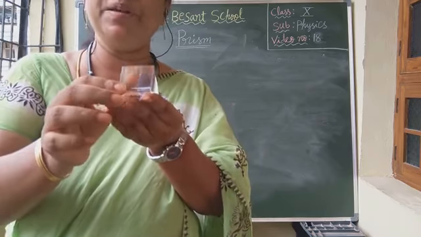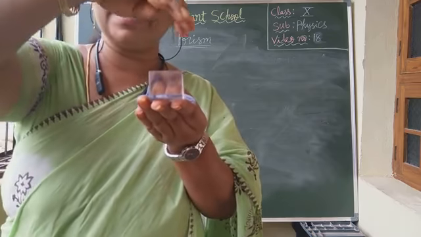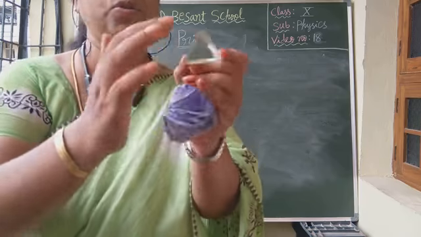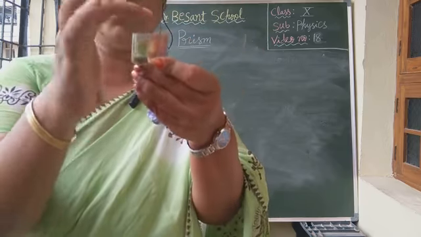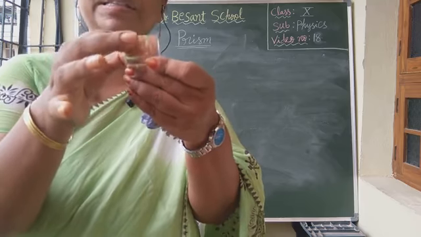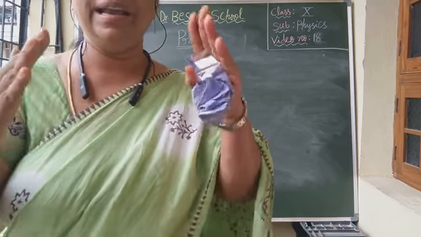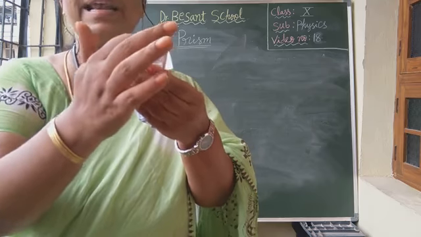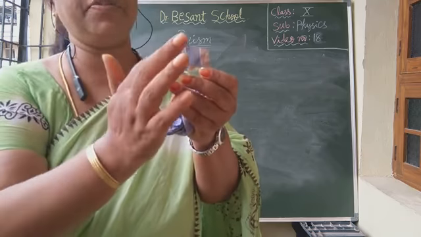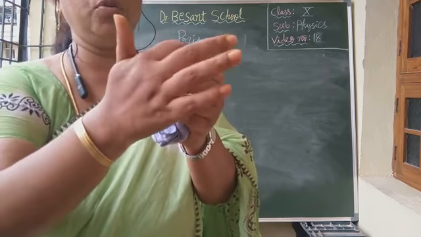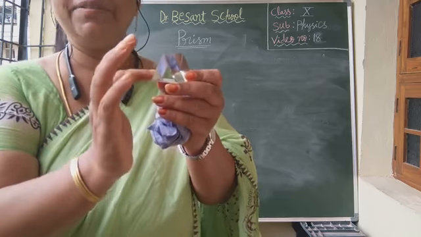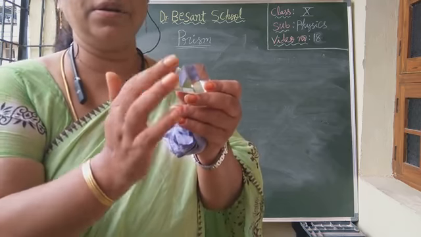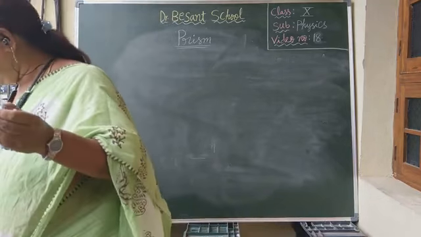So a prism is a transparent medium that is separated from the surrounding medium, having at least two plane surfaces. Say, at least two plane surfaces. And how are the two plane surfaces? They are inclined to each other, making a certain angle. Between these two inclined surfaces, there is an angle, isn't there? So there are at least two plane surfaces which are inclined, making a certain angle. Understood?